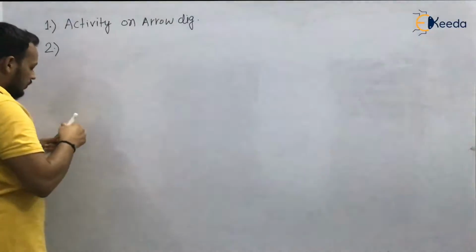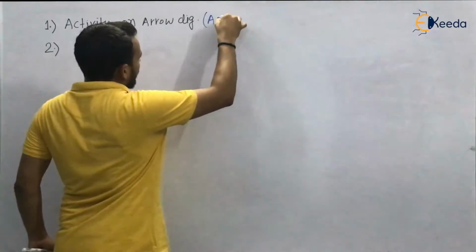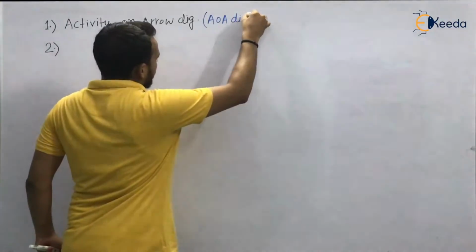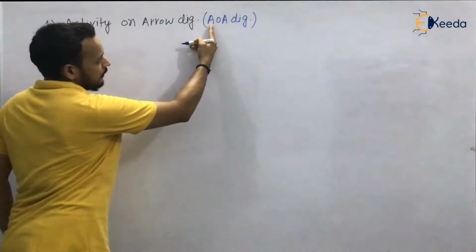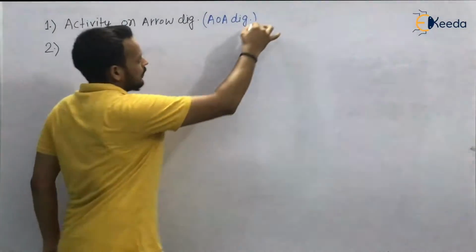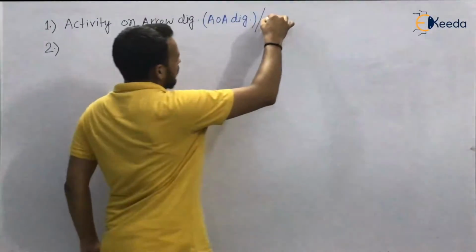The short form is AOA diagram. Activity on arrow diagram, or it can also be said as AOA diagram. The same name can be written as